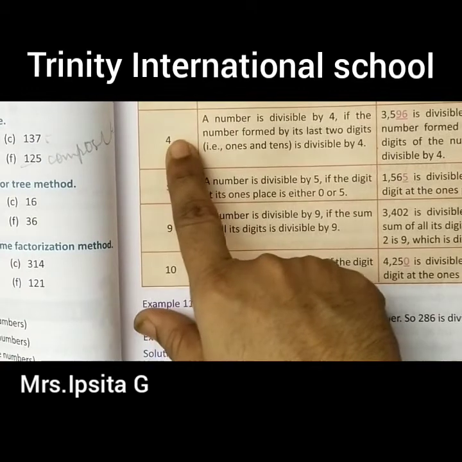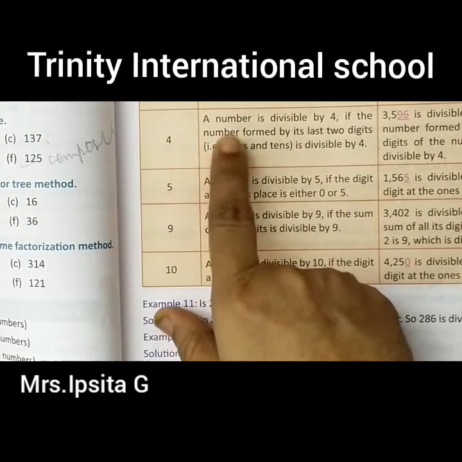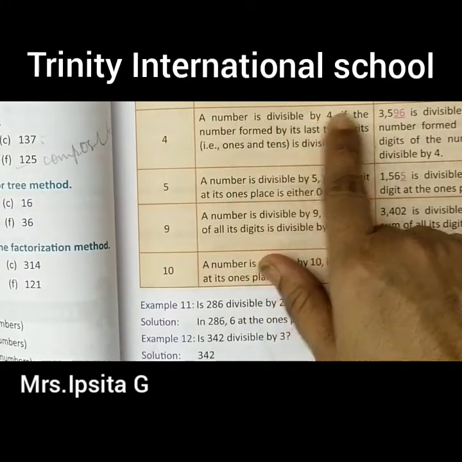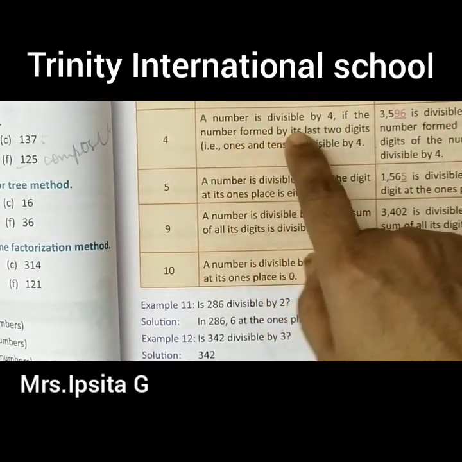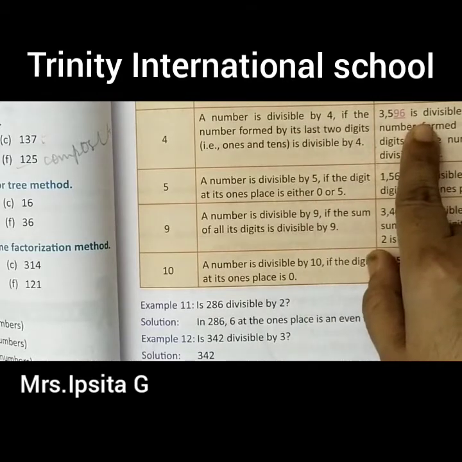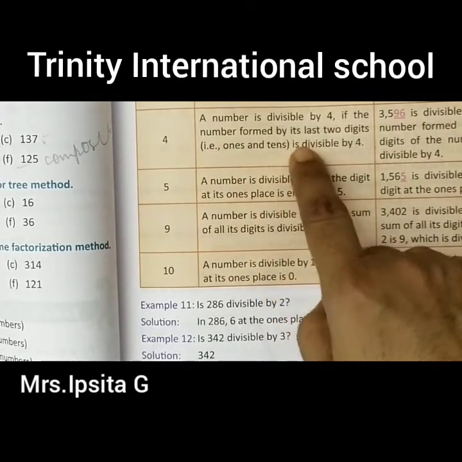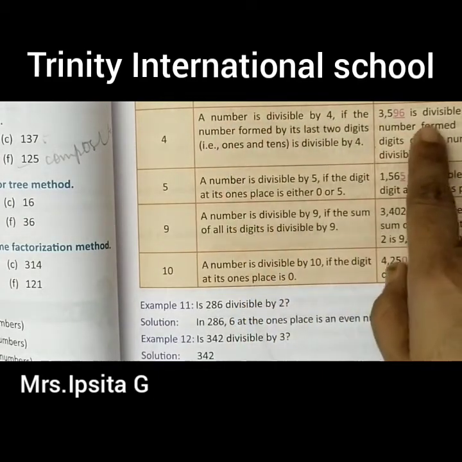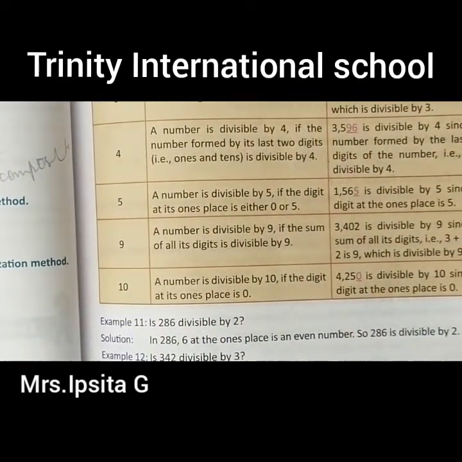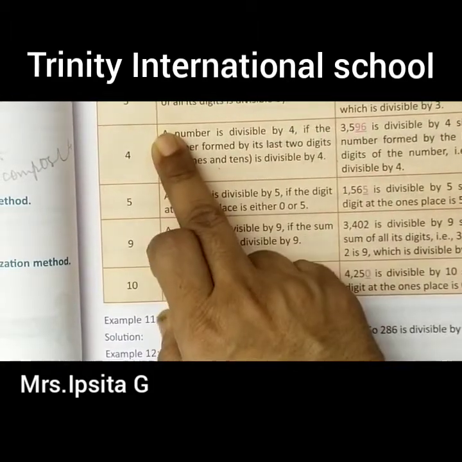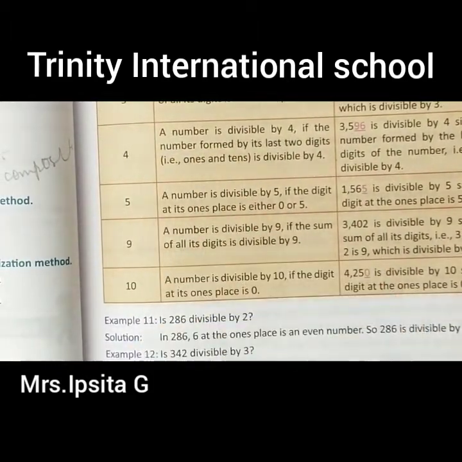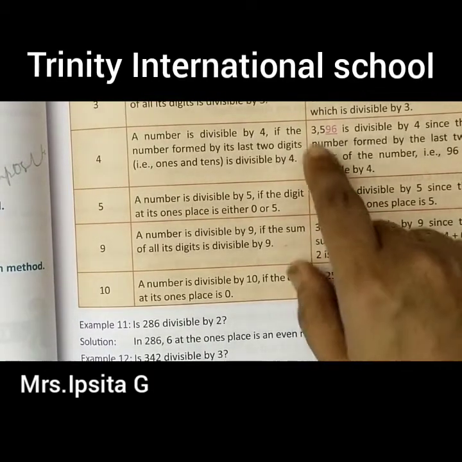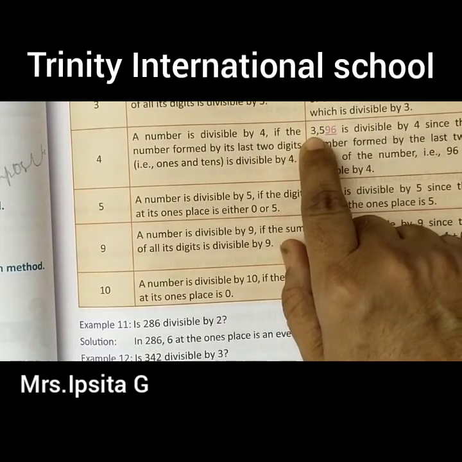Now next is divisibility by 4. So what is the rule for that? A number is divisible by 4 if the number formed by its last two digits, that is ones and tens, is divisible by 4. So again you have to go to the example to be clear about this statement. What is the meaning of this statement? तो let us go for the example given to you. अब आप देखिए यहाँ पे एक नंबर आपको दिया गया है